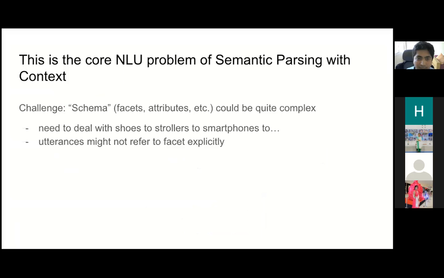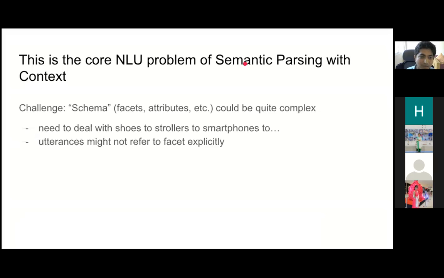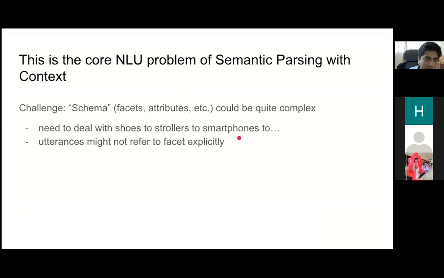I want to underline semantic parsing here, and say that with semantic parsing, we have a schema of facets, attributes of objects. In a schema, there are objects, right? And these objects have properties. Shoes can have a brand Nike, shoes can have cost less than 100, right? And we need to be robust enough or flexible enough to handle not just shoes but strollers, smartphones, right? And utterances might not explicitly